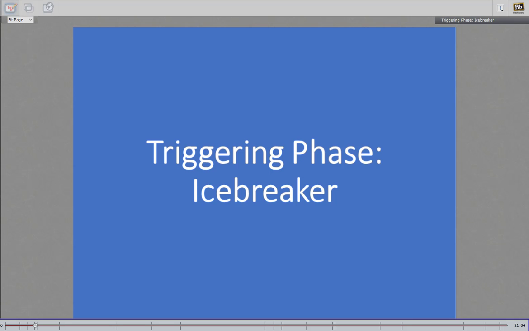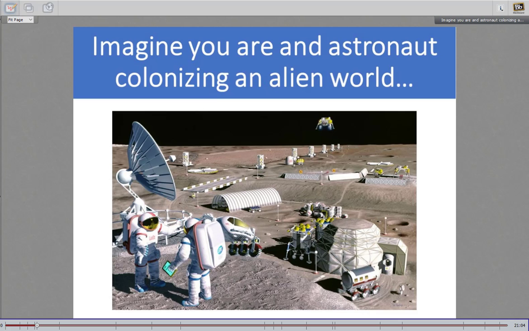So we're going to do a little icebreaker, and it's kind of a fun one. I love science fiction, so we're going to do a science fiction icebreaker. I want you to imagine that you're in a group of 5 astronauts chosen to colonize a distant planet. Because of logistical constraints, each of you is being sent alone in your own ship. The trip is going to take a year, and because people need to socialize, and you need to make plans for the upcoming project, you're expected to communicate with your fellow astronauts.